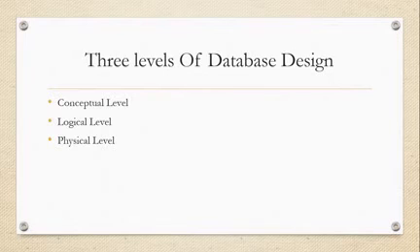In the logical level, whichever tables are selected, we need to create the attributes for those tables. अभी उस table के लिए हमें attributes create करने हैं. Forget about the data type. We don't worry about the data type. The data type will be covered in the physical level. Okay, we'll discuss that. In the logical level, we need to discuss what type of attributes we require. So logical level में ये होता है.